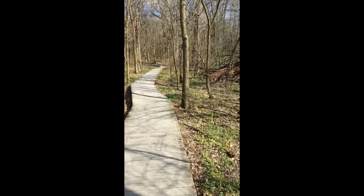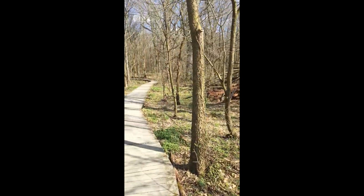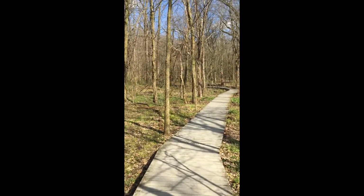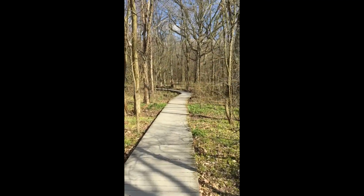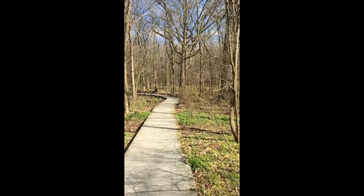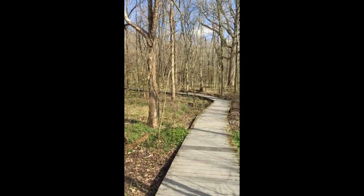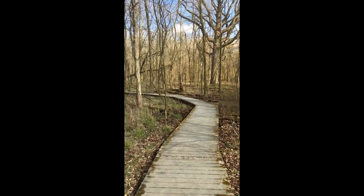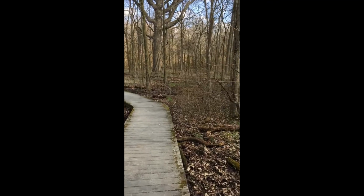It is a bright but brisk day out here, and we enter into the woods on this boardwalk. This is described as a flat woods, and the general elevational change in here is only about 5 feet. And it might not seem like a whole lot, but it's going to lead to some very different types of habitats, ranging from